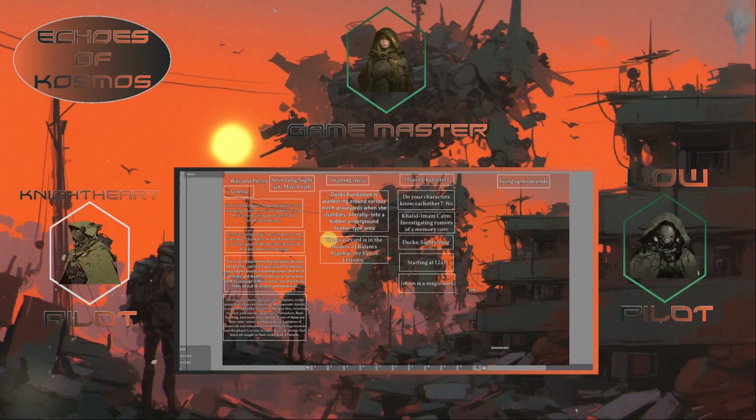Anything else before we go? I think we're good. Say that you think we're good? I think we're good. You guys happy with this world? Yeah. Yeah. If I need to, I will reach out about your guys' respective home planets or other things about your characters. But generally,